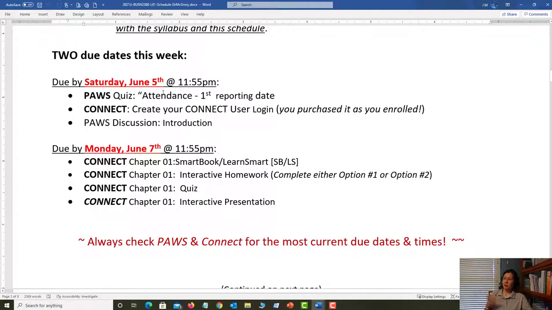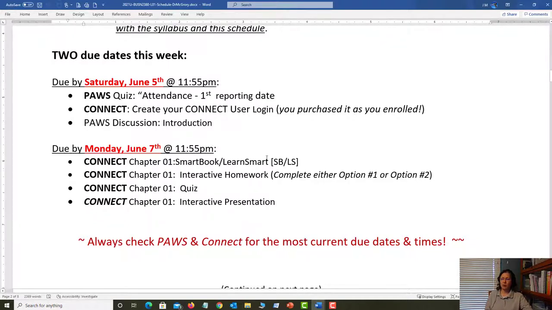Now, it kind of looks like that only 2 days later you have all this work due. But remember, you need to start work as soon as the class starts. So you have 7 assignments here. These 3 you can easily do on the first day, and I would suggest continuing on. Don't wait until the last minute because these things will take time.